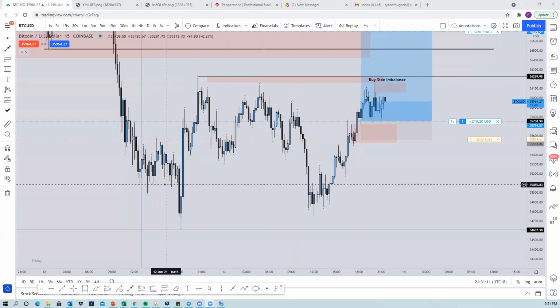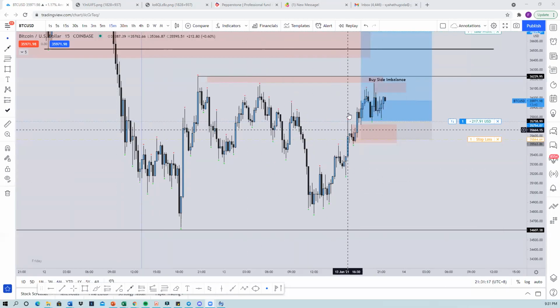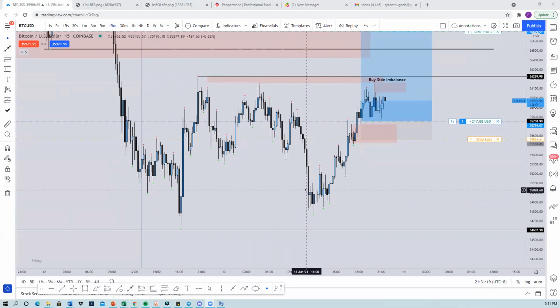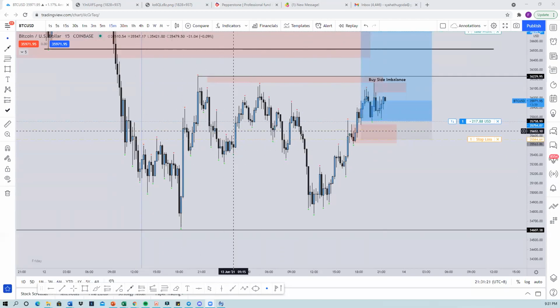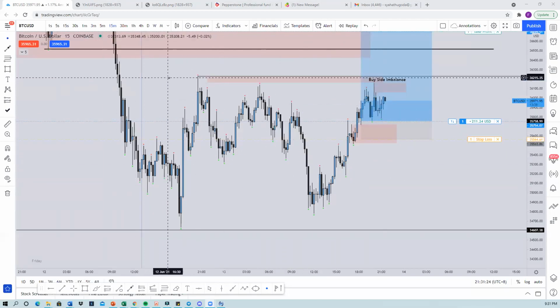So that is basically it about the balanced price range. Yeah, I covered it. No worries. So that's basically it about the balanced price range ideas. Always think about that when you're looking at the chart, and especially when you look at the 15-minute, 5-minute, all of that. All right,